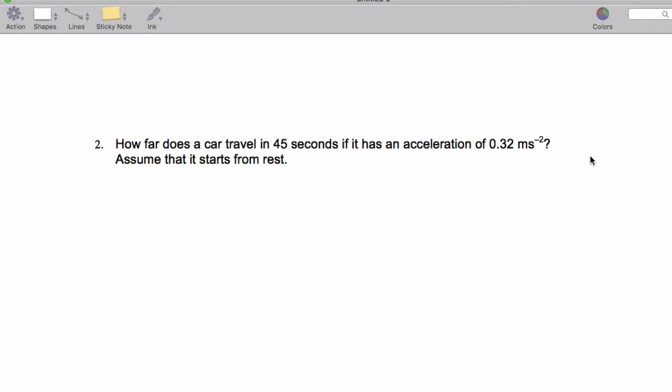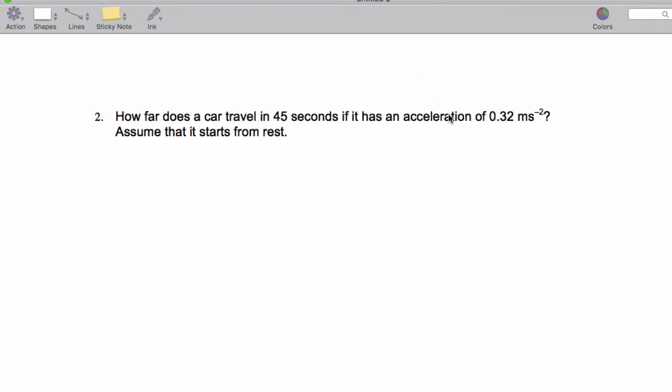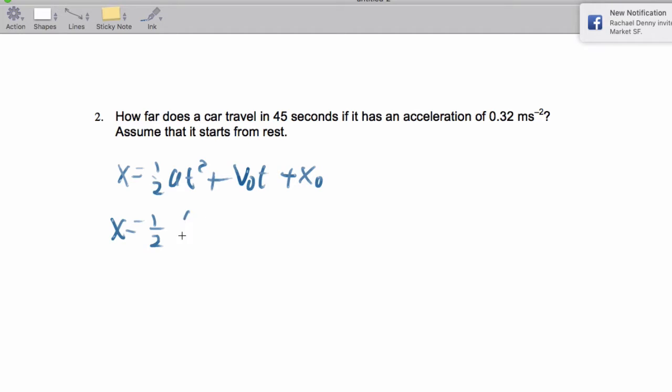Moving on to the second question: how far does a car travel in 45 seconds if this is the acceleration, assuming it starts from rest? I'll just see this formula here and see where it leads me. So x is 1/2 times,